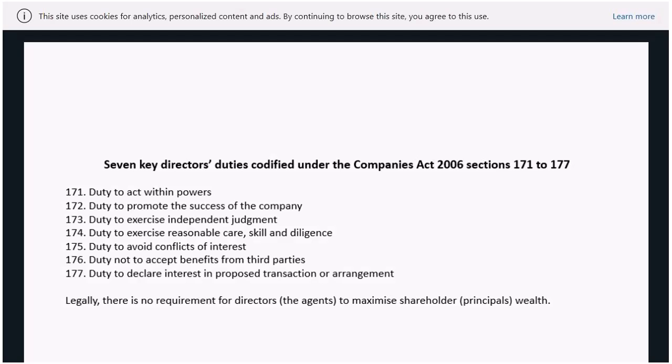Although the theory says so, and people have been talking about it since the late 50s, early 60s, that the duty of the directors is to increase shareholders' wealth, as legislation has progressed through common law and is now encoded in legislation, there is nothing which says that is one of the directors' codified duties. Now you could argue that Section 172, duty to promote the success of the company, partly covers it, but not necessarily.